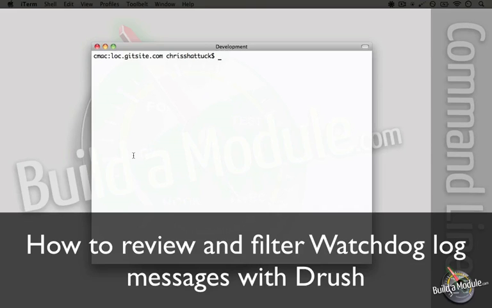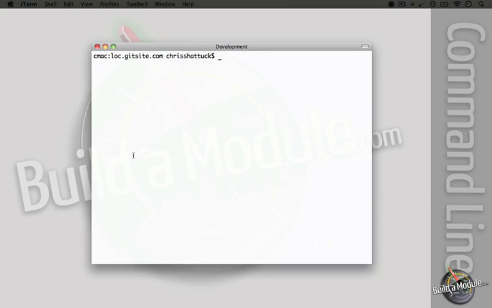In these next few videos, what we're going to do is explore some of the additional utilities that come with Drush that allow us to do things that we would normally do through the Drupal user interface. These are going to be particularly useful when managing content, users, and troubleshooting on a remote site, either by running Drush on the remote site or by using a site alias locally in order to SSH into our remote site. If you don't know what that means, go ahead and look at some of the previous videos on setting up site aliases. Let's begin by looking at how to review log messages.